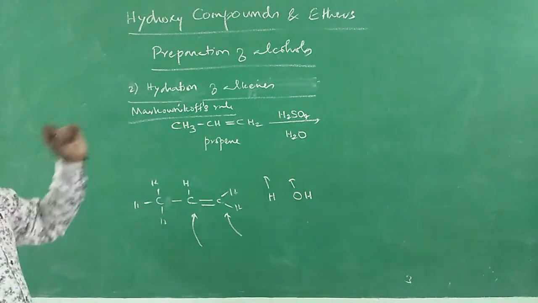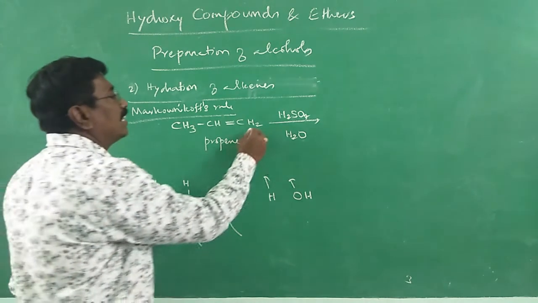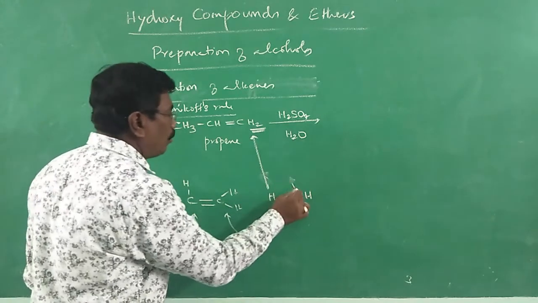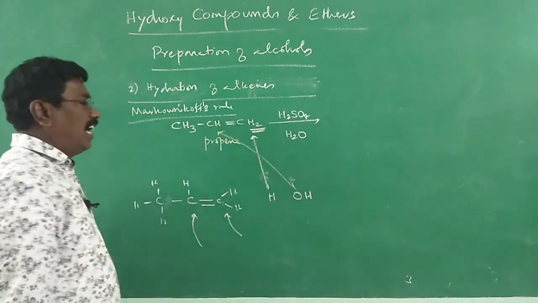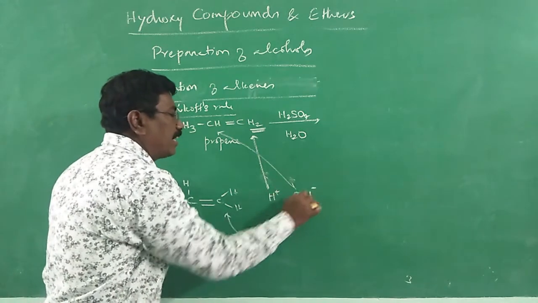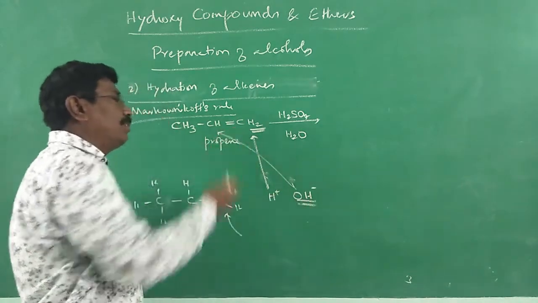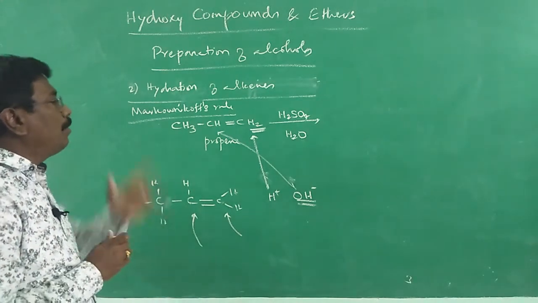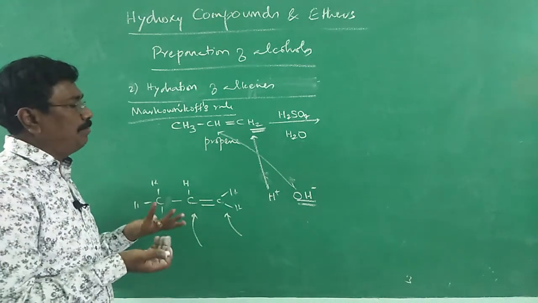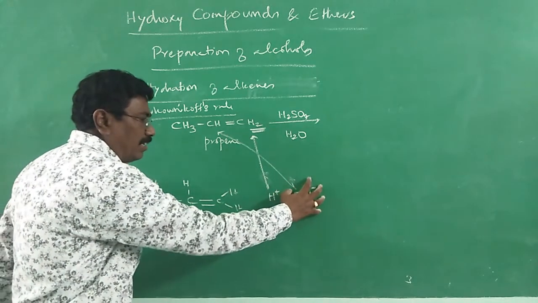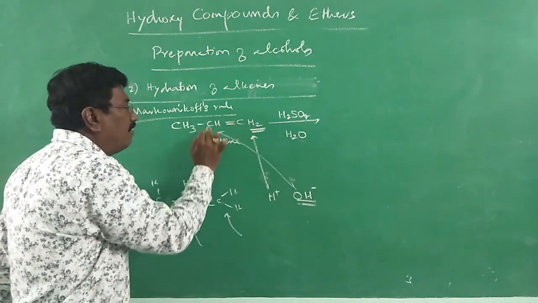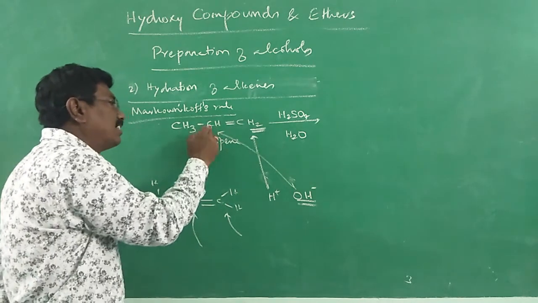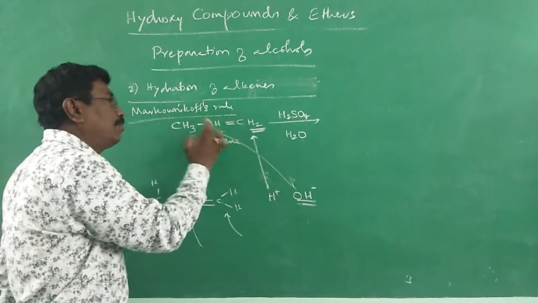According to Markovnikov, what is it? Where there is already a greater number of hydrogens, the hydrogen will go. OH will go to the other carbon. Among the two, OH is the negative part. The negative part of the reagent being added to the double bond will add to that carbon which has the minimum number of hydrogens, or maximum branches. Not all will be negative. The negative part will be added to the carbon with minimum hydrogen, that is, the one with more branches. It is bonded to 2 branches.